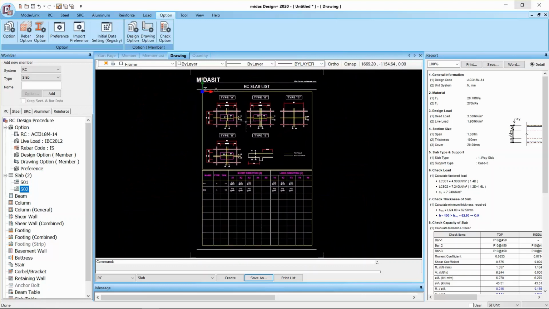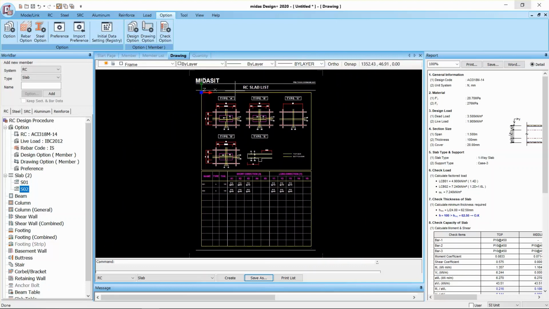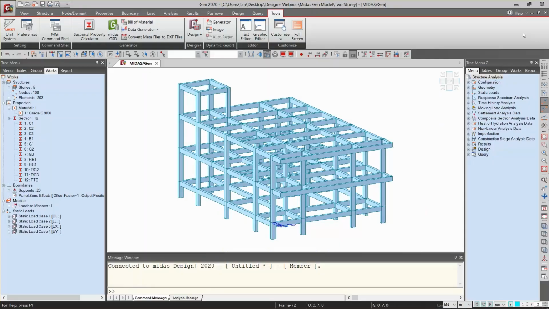So we can now go to our next topic, which is the beam design. To perform the beam design, we need to select all the beam elements for our beam design. So let's use this selection filter by direction. Let's select all the elements parallel to the XY plane. Select all, and then automatically